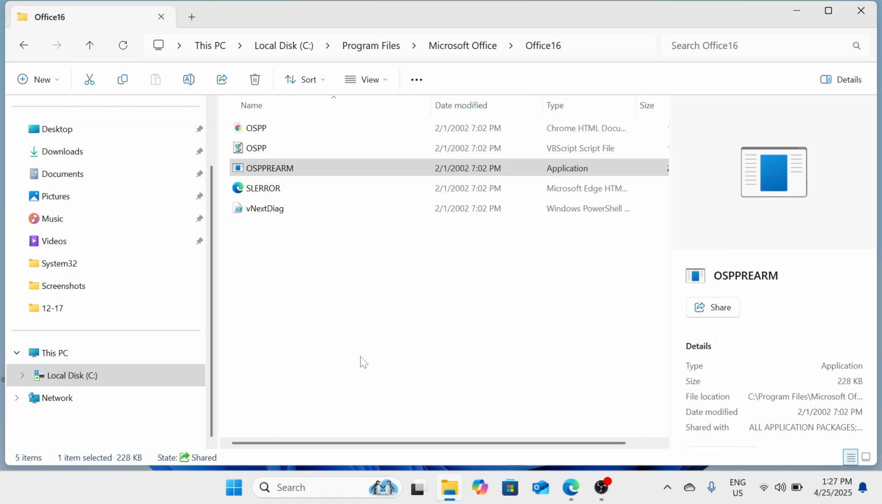Please click on that, and then it will ask if you want to allow this app to make changes to your device. Please click on yes, and then a command prompt window will open automatically, and then it will also automatically exit. We will do the same thing 3 times with this